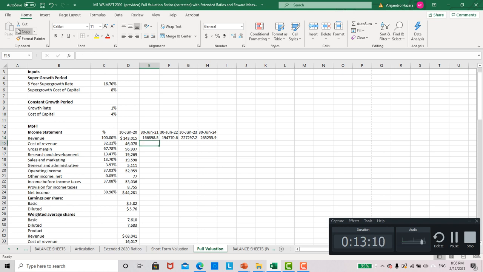Okay, and so here's the formula, and the important part of this is that I'm going to put the dollar sign. I'm going to strategically locate the dollar signs so that I can copy both to the right and down without changing the formula. Okay, so anyway, let's start. We'll do this again. Make sure I got the right thing right there. This is sales times, it's very easy, times this year's percentage. So every year, cost of revenue is going to be